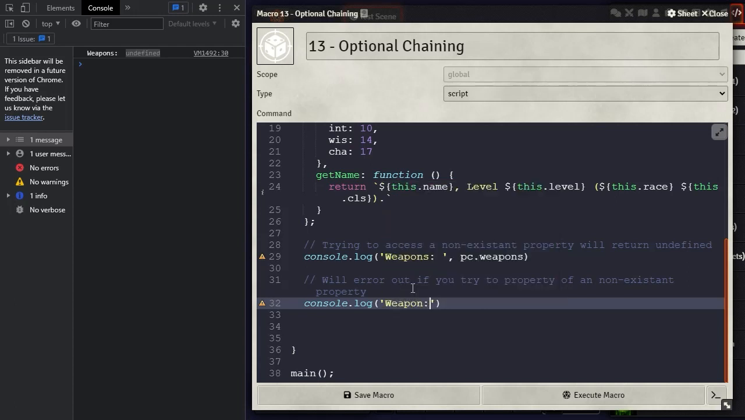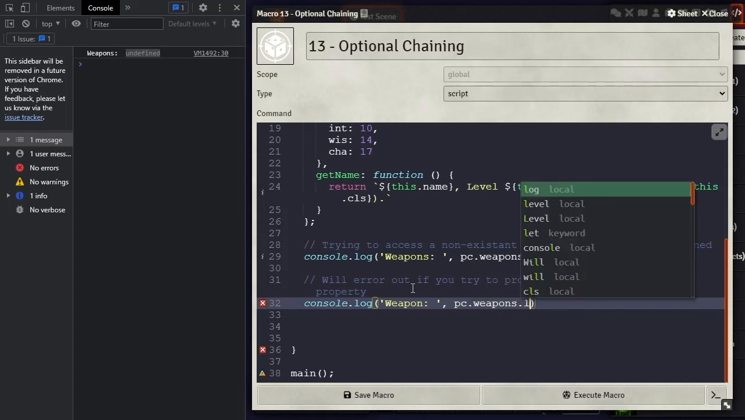So we're gonna have our weapon as our label, just so we know where it is. And then let's try and access a left-handed weapon, or whatever's in our left hand. So if we do PC.weapons and then .leftHand,